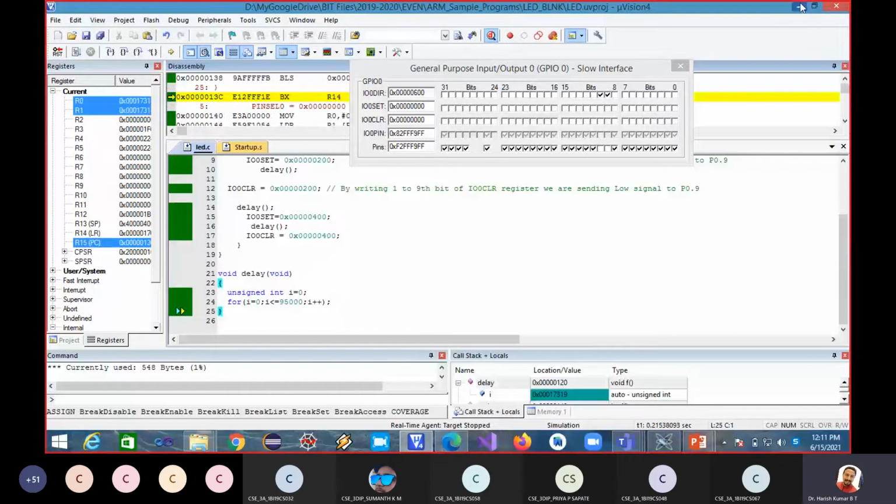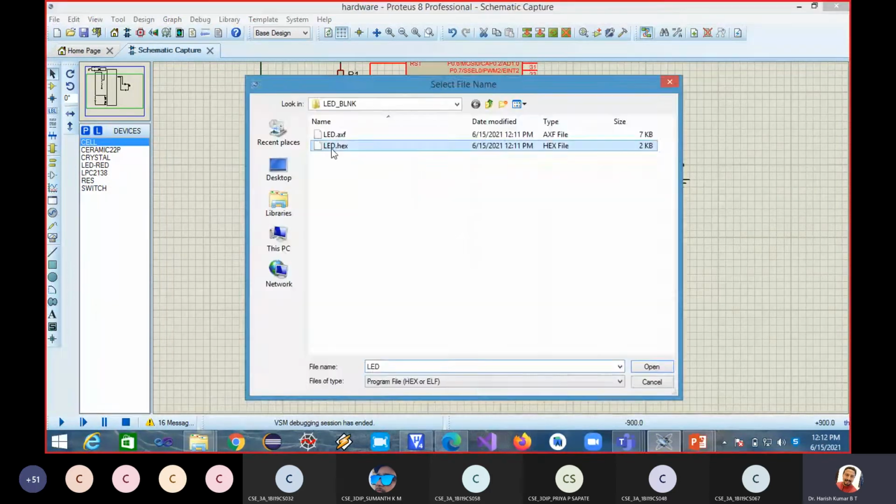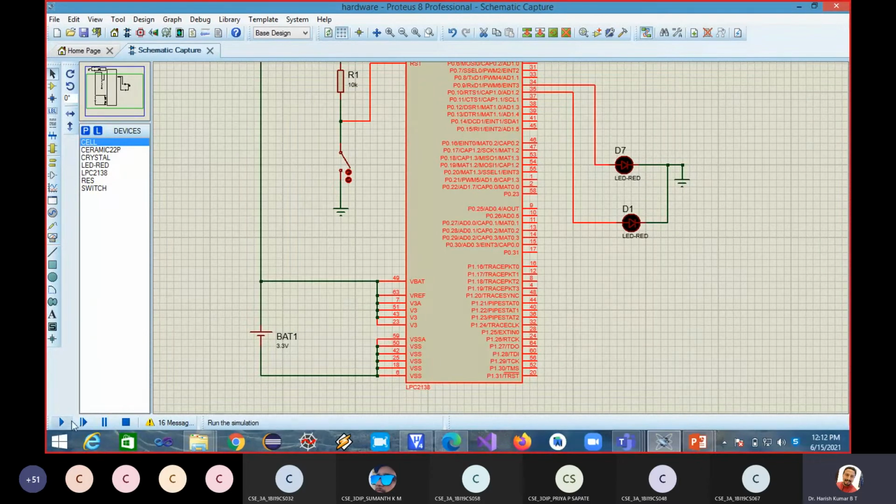So now let me minimize. Double click on this. This is still running. Now I cannot do anything. I have to stop it. Okay. Double click on this. Open your X file, new X file. Okay. Now run.